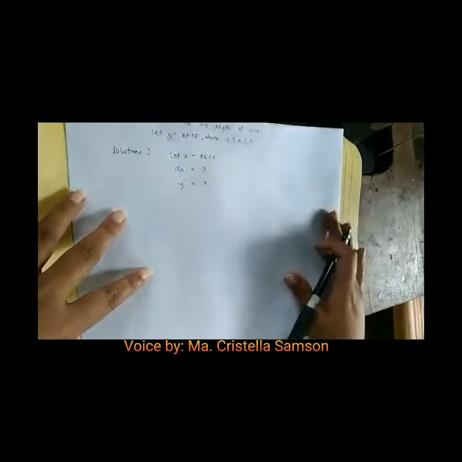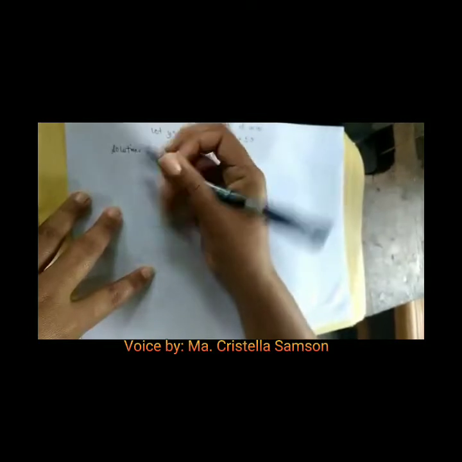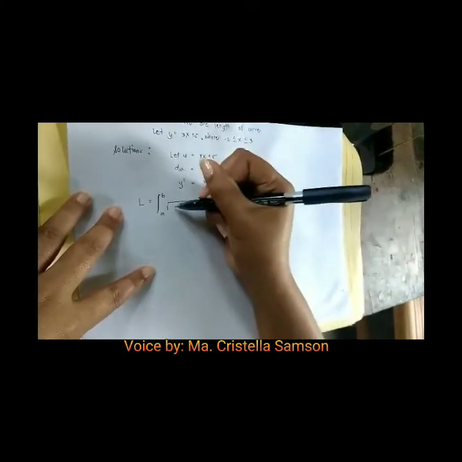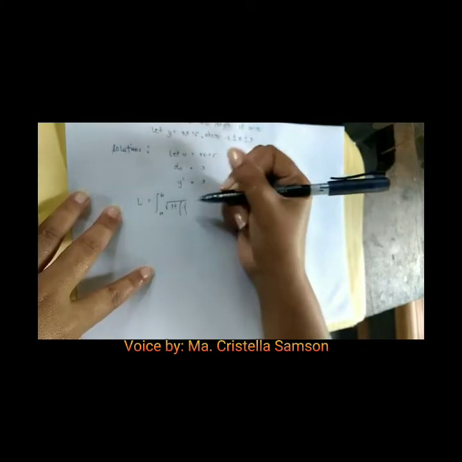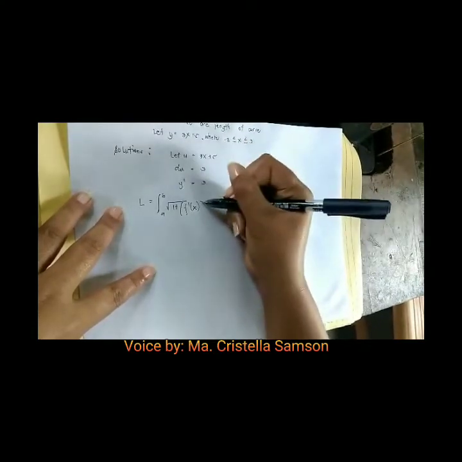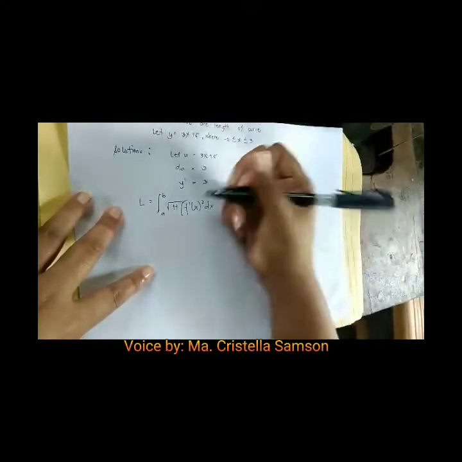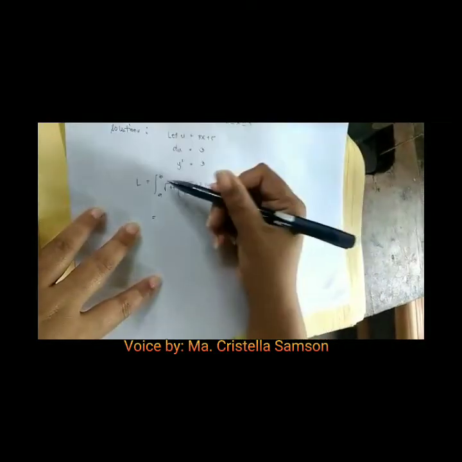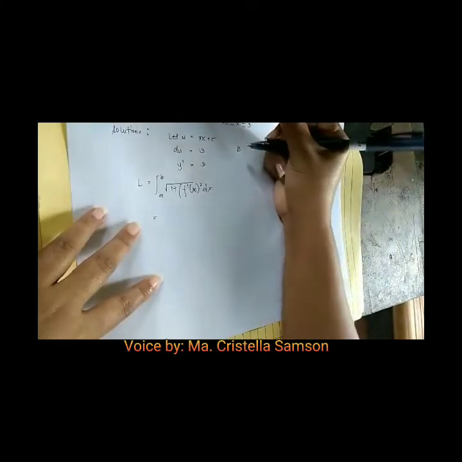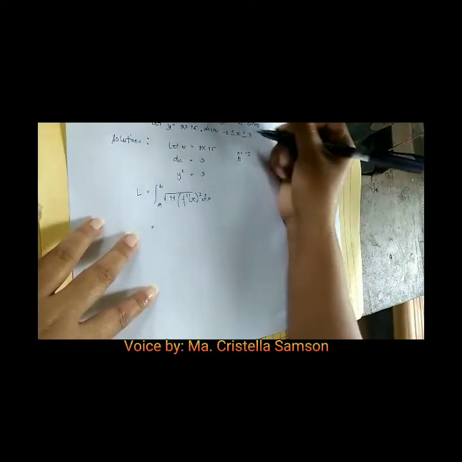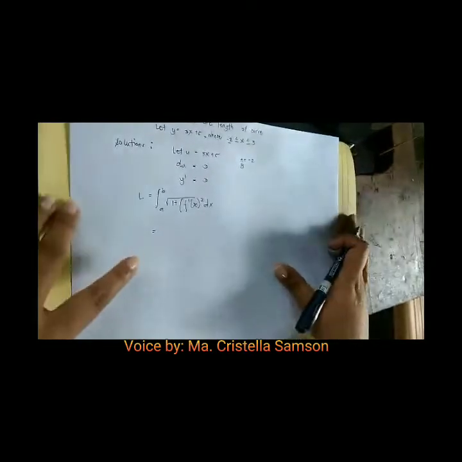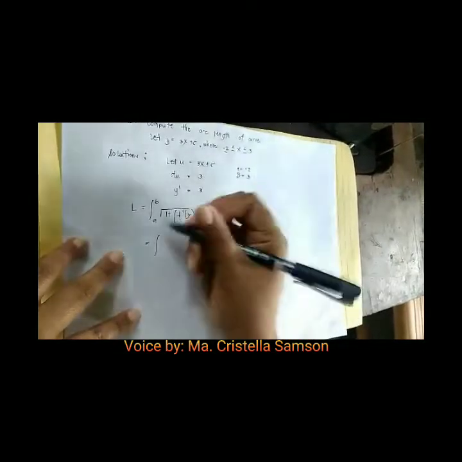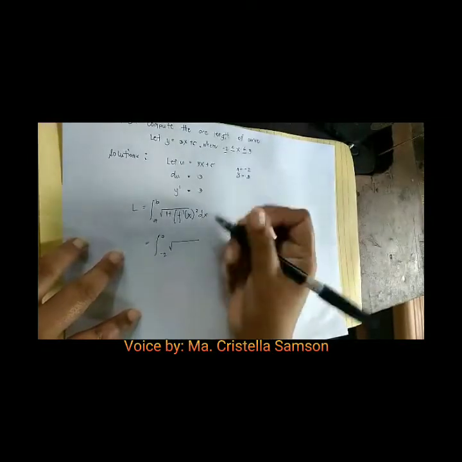So by that, we use the formula of the length. Here's the formula: L equals the integral from a to b of the square root of 1 plus (y prime) squared dx. So the b here is positive 3 and the a is negative 2. So here, our b is 3, a is negative 2, square root of 1 plus